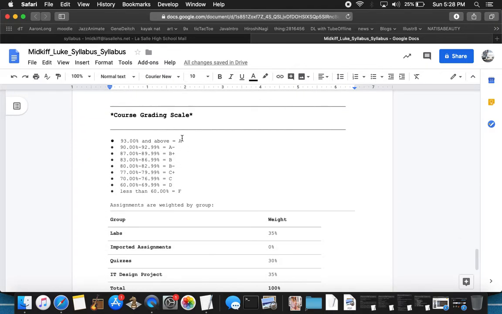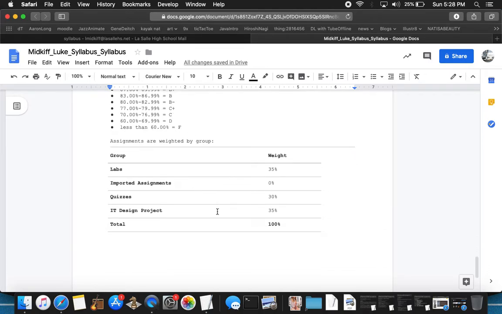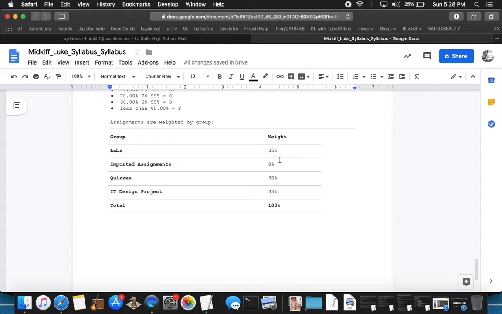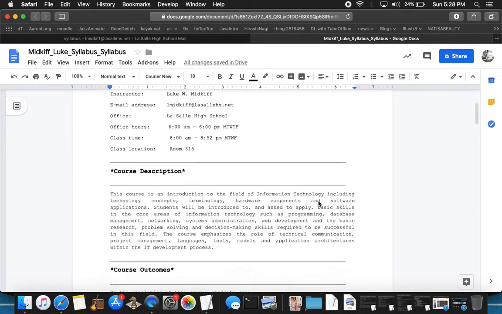And this is the course grading scale here. It's pretty standard, and these are the assignments weighted by group of what we're going to be doing this year. So labs 35%, imported assignments 0%, quizzes 30%, IT design project 35%. So that's the big whopper at the end. So that's IT fundamentals, and just going over